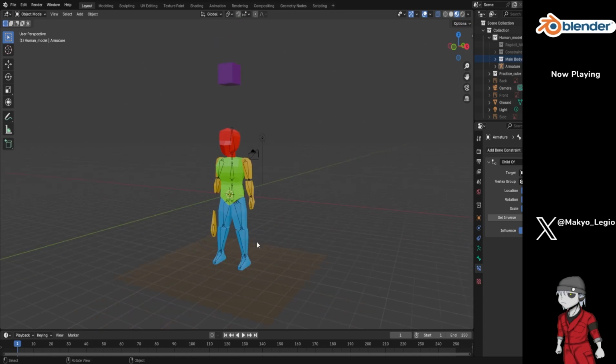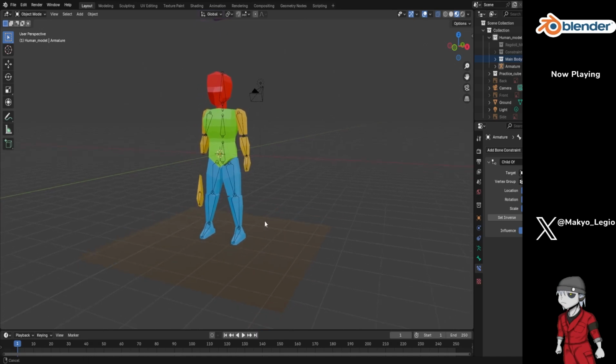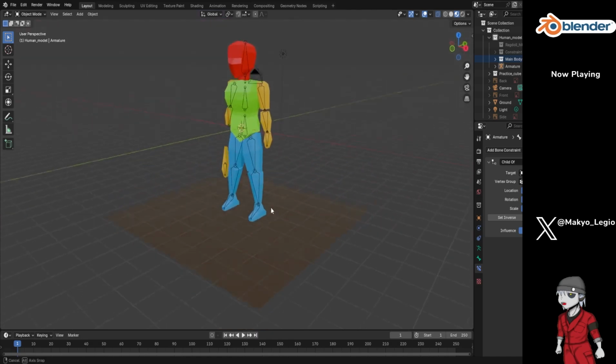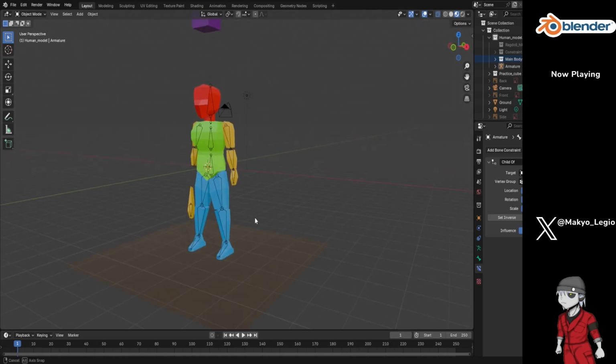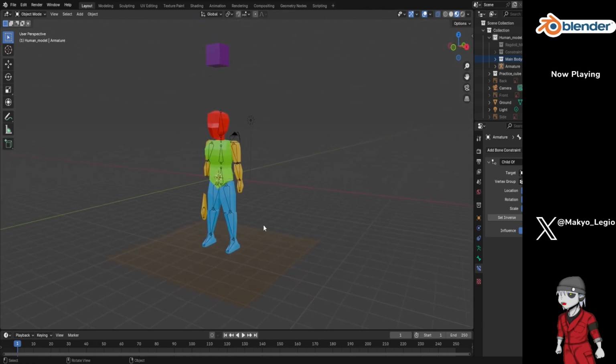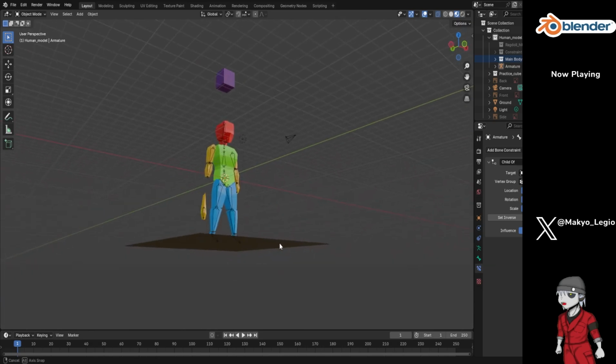So we're running out of time, so we're not going to be able to fix it today. I think if we're going to fix it, I'm going to fix it off screen, and then next episode we're going to focus on the shape keys and starting to work towards making 3D models